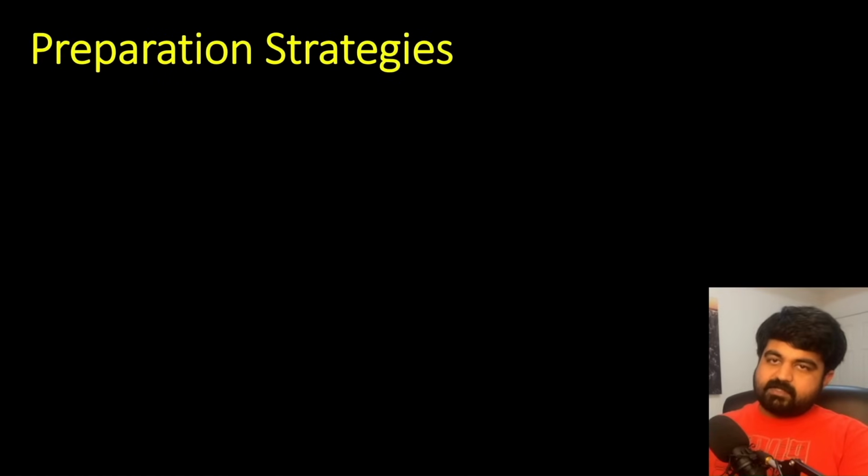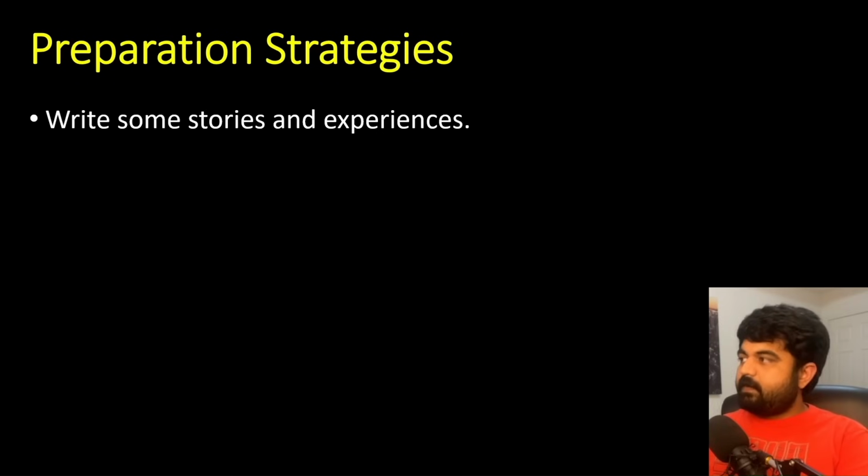And now let's talk about some of the important preparation strategies. I know we have been talking quite a lot about all the different preparation strategies throughout this entire session, but now let's just talk about a few of them. Number one, make sure to write all the stories and all the experiences that you had. Ideally, for each of the 5 categories we talk about, maybe have 3 stories for each one of them. If you have somewhere around 15 to 20 stories, you are set. You would be able to give all of the different options, and any type of questions can be asked.